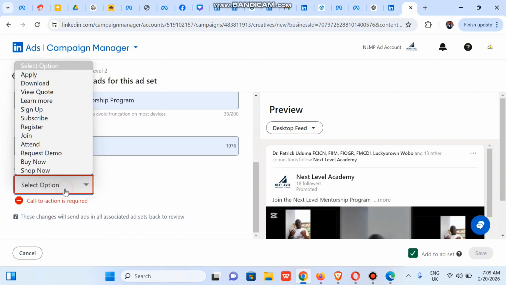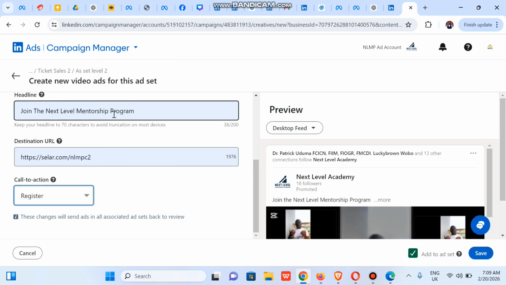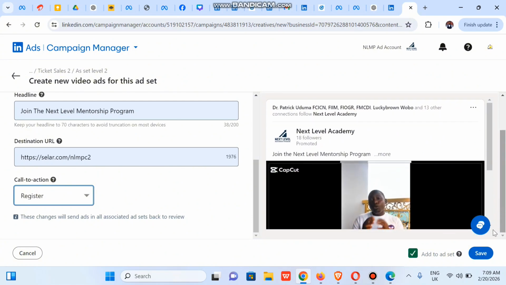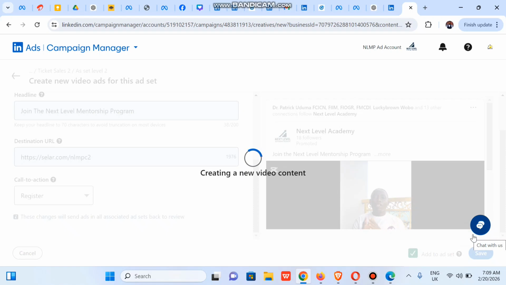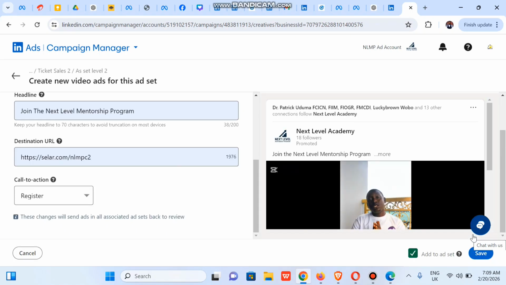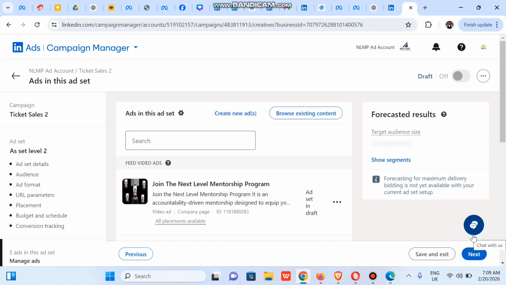Then for call to action, we select register. Once we're done with it, we'll click on save. We confirm. So it's very easy, particularly when you've